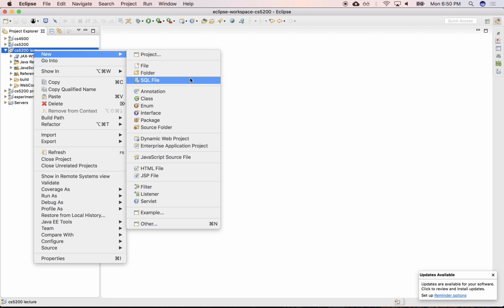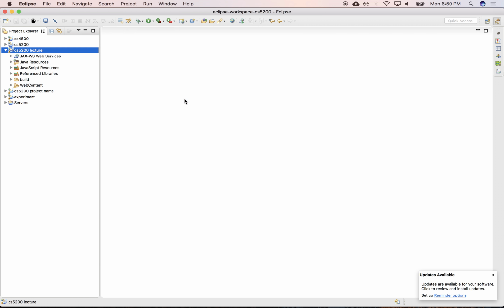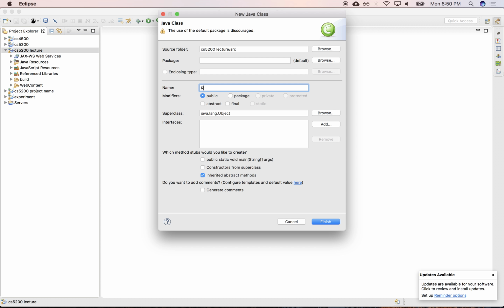Let's create a Java class, and we'll call it ReadXMLFile. And we're going to put it under CS5200, and we'll do XML, and we're using the DOM. Right, and we'll put a main